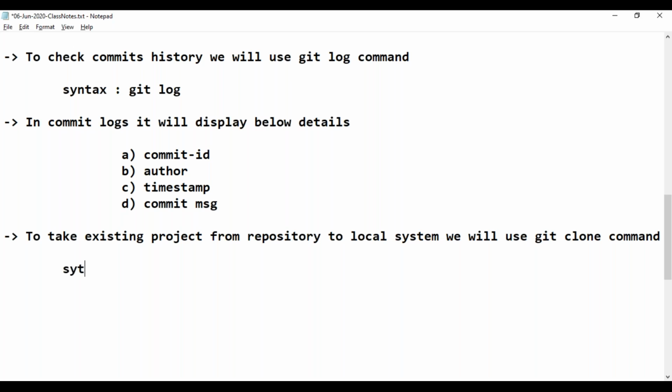What is the syntax for that? Git clone repository URL. With this, the existing project will be cloned to your system.